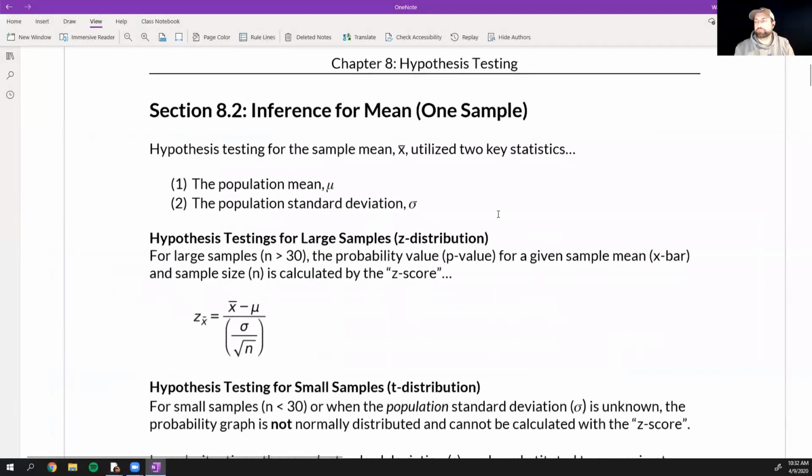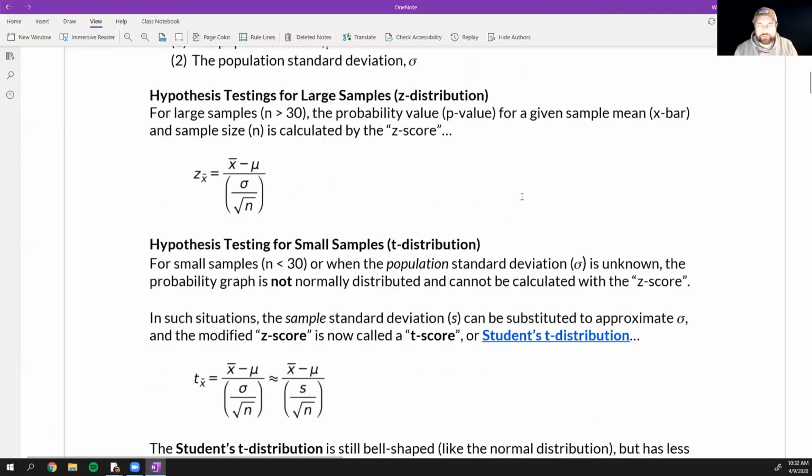So here's 8.2. And we've already talked about this. What we've been dealing with has been one mean. So we're going to break this into two parts. Part one, if you have a large sample, in other words, your n value is greater than 30, then that means it is normally distributed, and you can just calculate using a z-score,